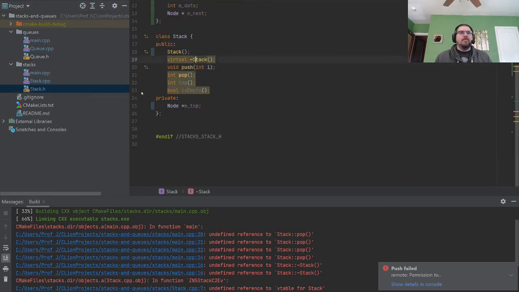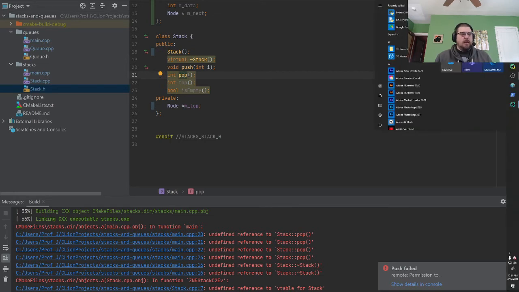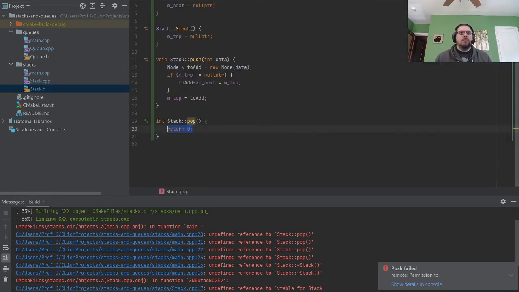Okay. So we still have some more undefined things. That's fine. So we have push, so let's implement pop. All right, pop is going to take the thing off the top, right? So what we're going to do is we're going to say node star to return, or actually we're just going to say int to return equals mtop data.